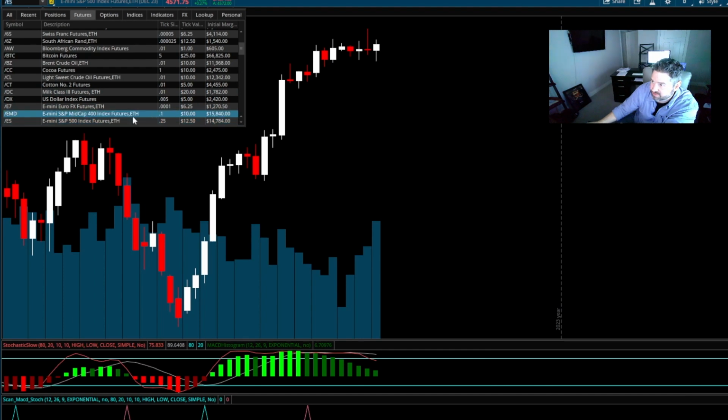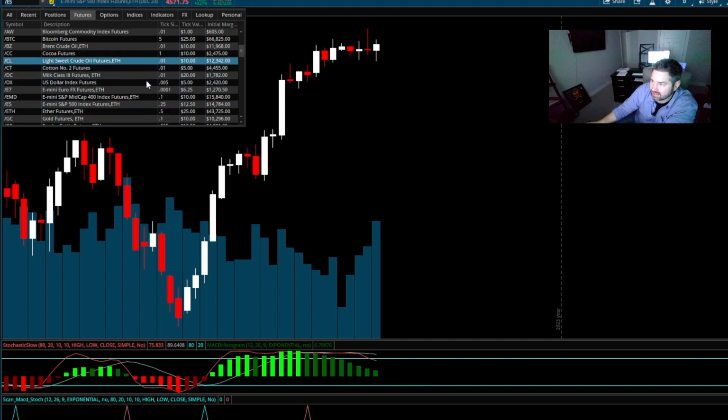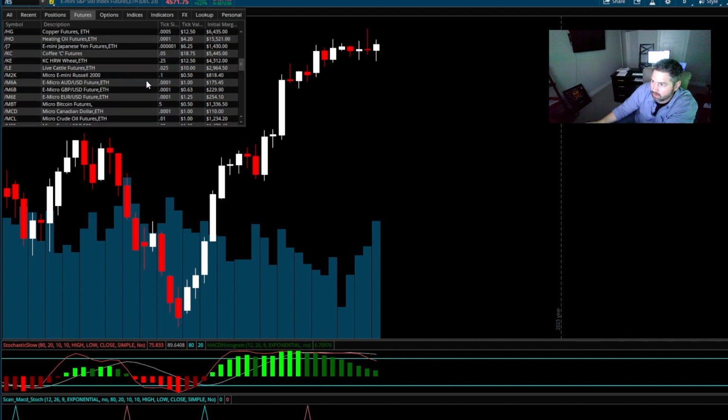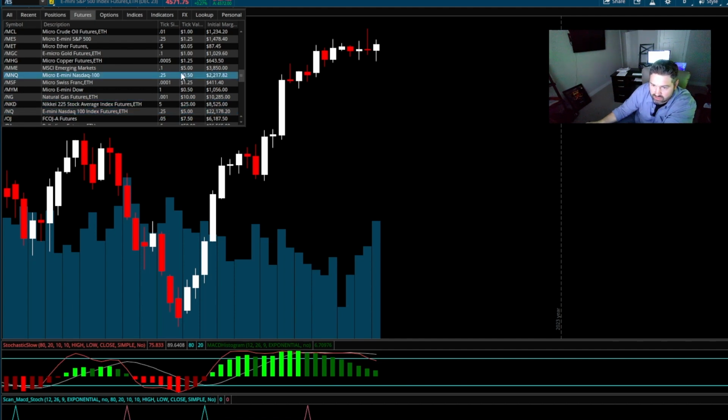On a couple of them, the S&P 500, like I said, margin requirements $14,000. And we're talking $12.50 per tick, per quarter point, which is $50 per point. The NASDAQ has a similar structure as well. Let's go down to that one. NASDAQ, you must have a margin requirement of $22,178, and every quarter point is worth $5. Every point is worth $20 on the NASDAQ. And so the scales work exactly the same.